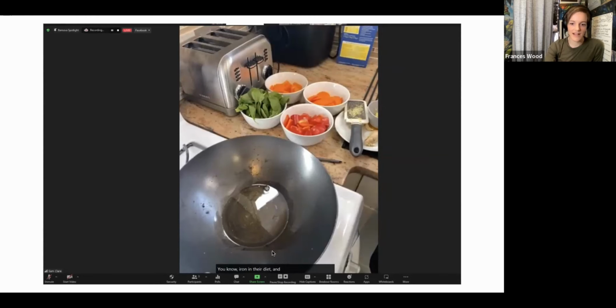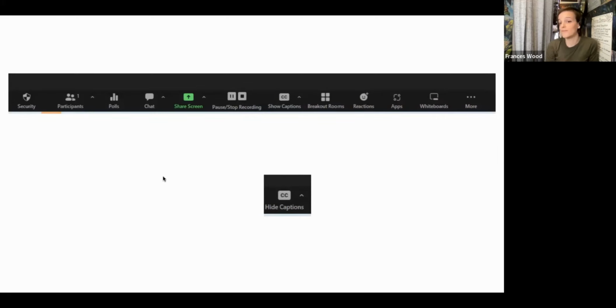And then I wanted to show you this just in case you don't want the captions on, or you've used them before, but you don't need them this time. When you actually have the captions turned on, what you'll see there instead of show captions will be hide captions. And if you don't want to see the captions, you can just go ahead and click on that. It's pretty easy. And then if you, again, choose that you want them, you'll go back and say show captions. So you can just go back and forth based on your needs at the time.